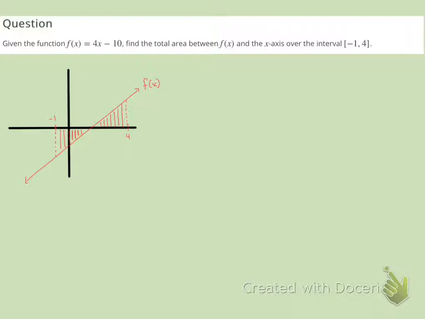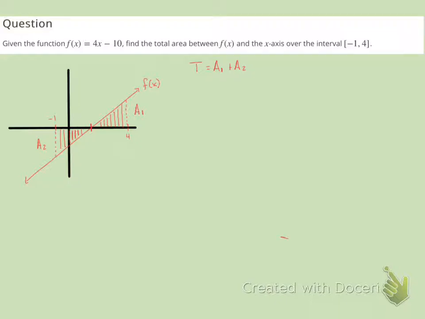But the problem is asking us for the total area. So I'm going to call this area 1 and this area 2. And so the total area is going to be area 1 plus area 2. Well, they're both triangles. In order to find the area of a triangle, we're going to use 1/2 base times height. And I need to be able to figure out the base, which means I need to know where this